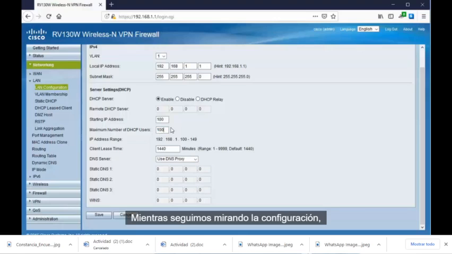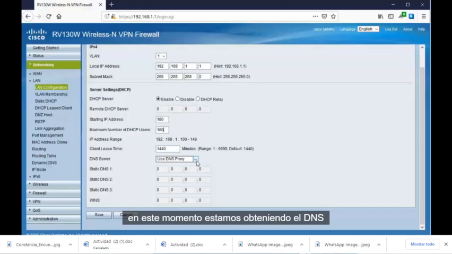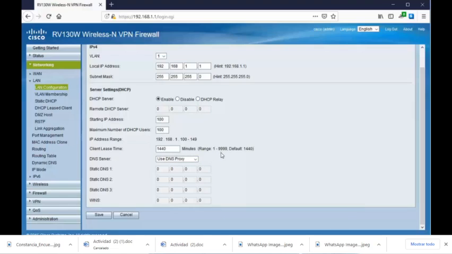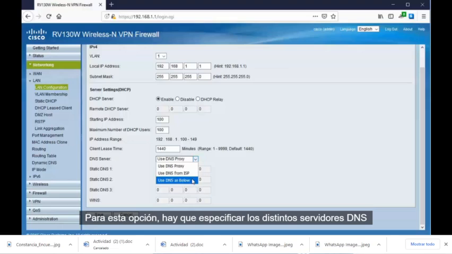As we continue looking at our settings, what if I didn't need the DHCP server on this router? What if I had a separate server running on my network? I could use my disable radio button to actually turn off DHCP on this device. When we talk about DNS settings, right now we're getting our DNS utilizing our WAN port and receiving it from our ISP. If I wanted to change what DNS server my users on my network are using, I can use the drop-down menu here for DNS, and I can have it used as below, where I get to specify multiple DNS servers for my